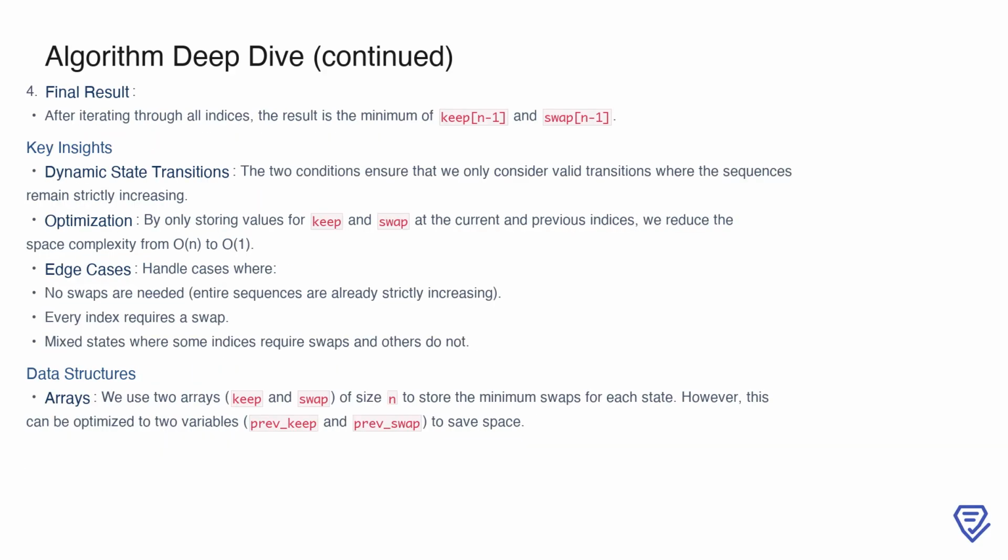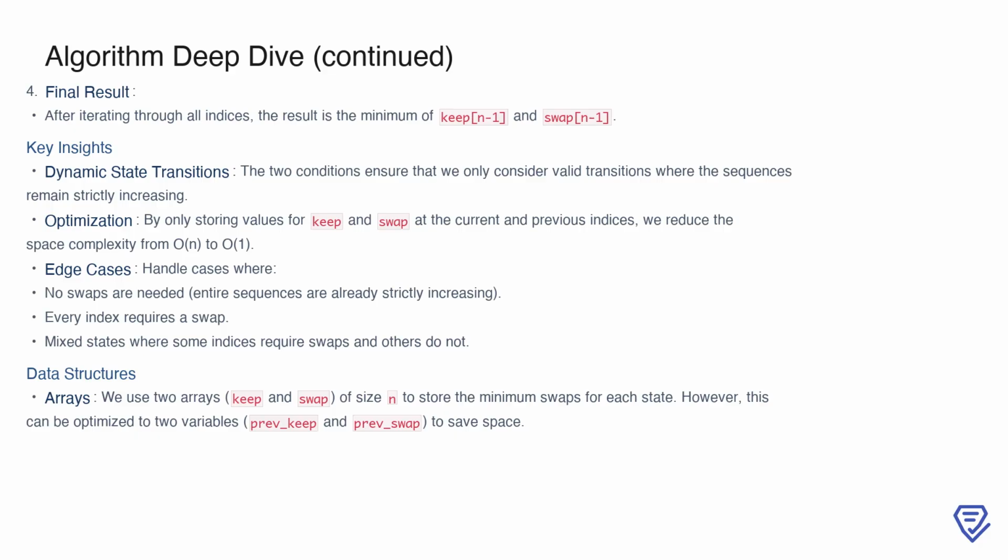After iterating through all indices, the final result is determined by taking the minimum of keep_{n-1} and swap_{n-1}. This gives us the minimum number of swaps required to make both sequences strictly increasing. Key insights from this approach include the use of dynamic state transitions. By examining the two conditions for each index, we ensure that only valid transitions where the sequences remain strictly increasing are considered. Additionally, we can optimize the space complexity of this